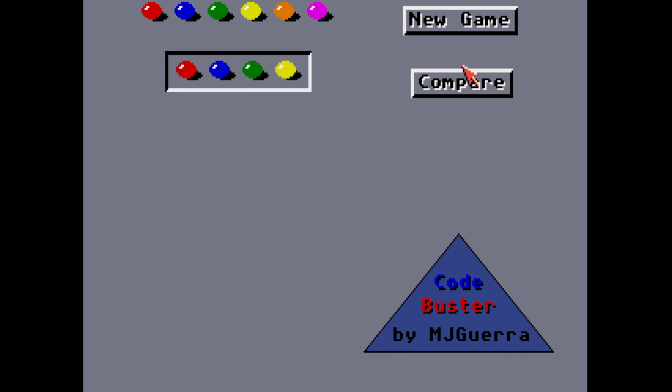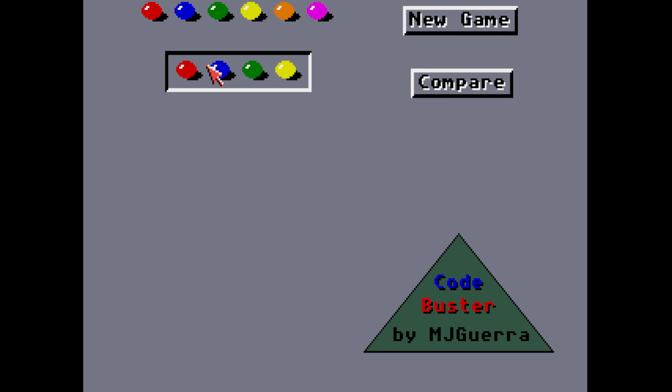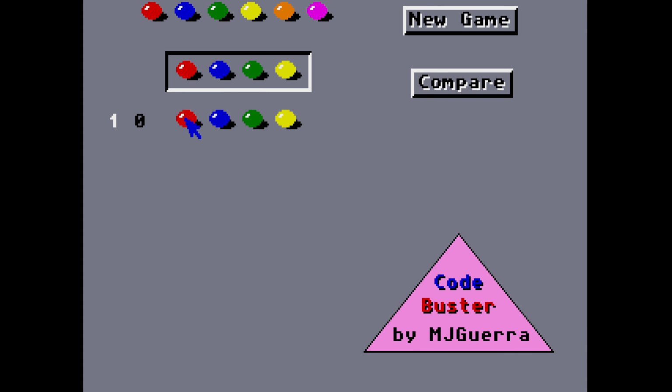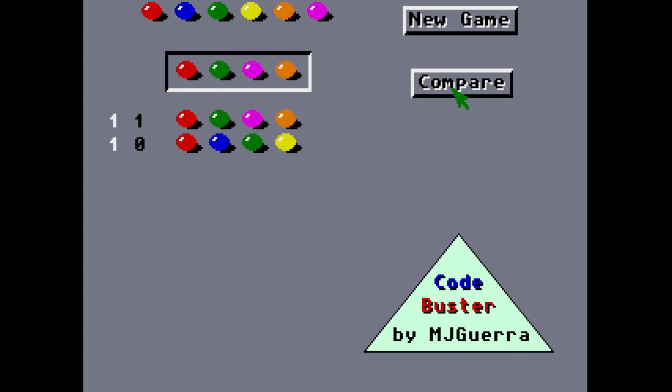Code Buster, oh yeah, this is the Mastermind game. So start a new game, well, is it? Well, let's compare that. Well, 1 is right, so maybe change that to, hold on. Well, I'm quite confused as to how to use the package. Here we go, this is it. And the green, let's try that. Well, it has changed it. I've still only got 1 right,